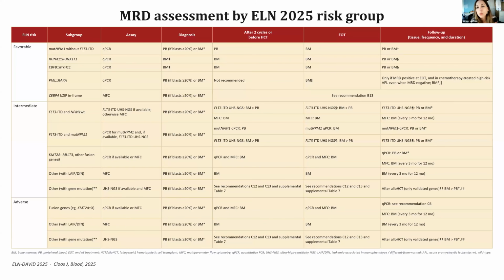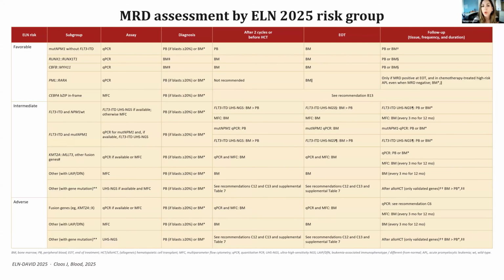So I put this table here really as a reference, and you can go back to this table. It's a really nice paper in Blood published by, again, the ELN-DAVID committee. But this really tells you that the guidelines are stratified, first of all, by the baseline genotype, right? And then there's a recommendation of what assay to use for each genotype. There's a recommendation of what